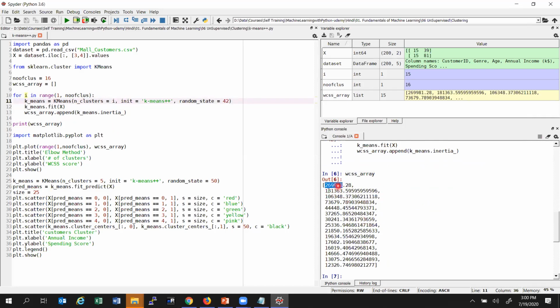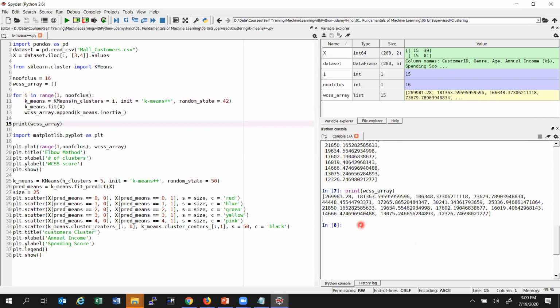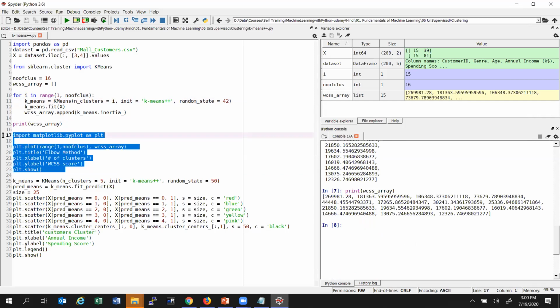As the number of clusters is increasing, the WCSS value is decreasing. Everyone agrees to this? Yes. Okay.